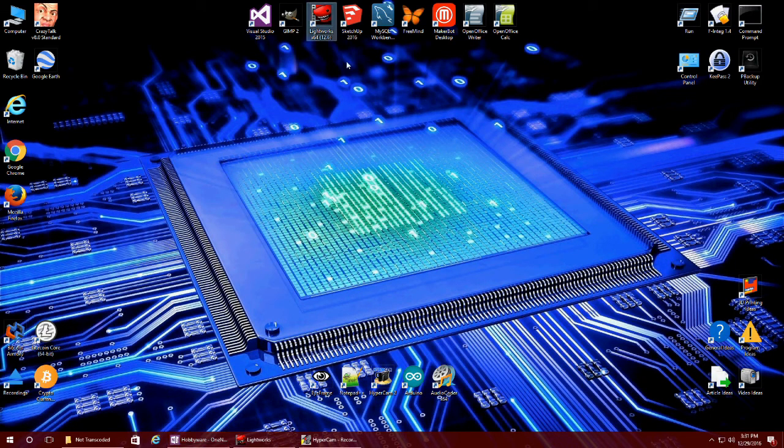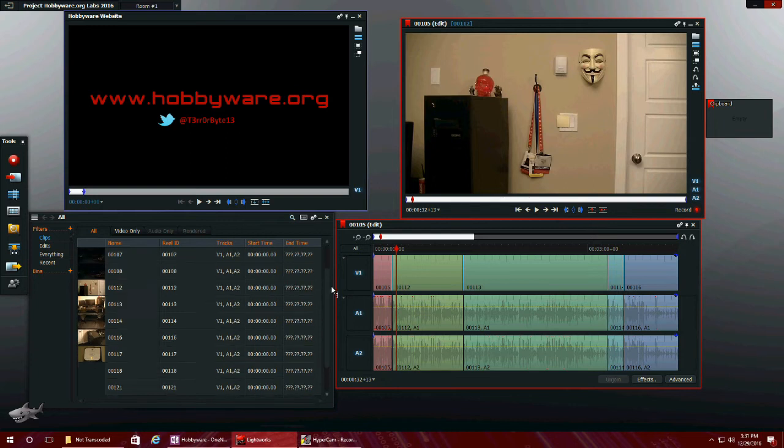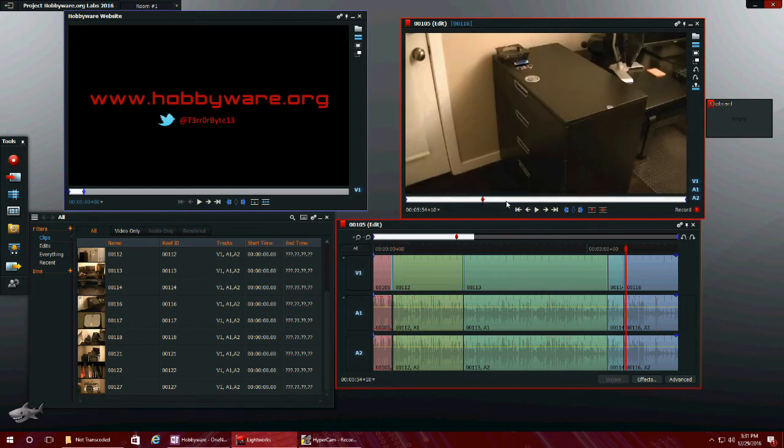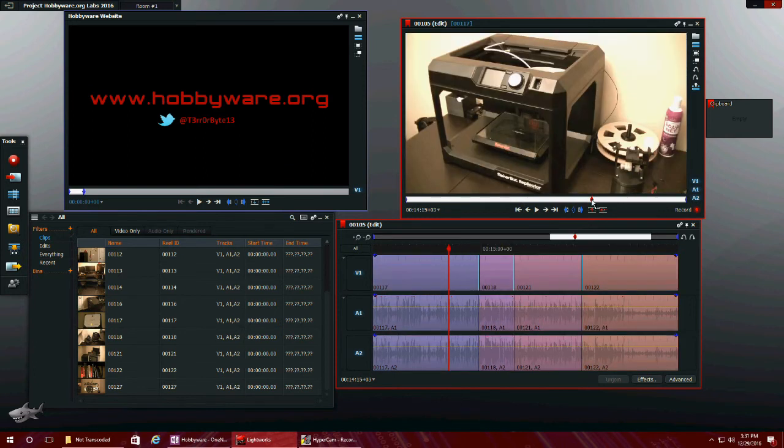Next up is Lightworks. Like SketchUp, it is free and easy to use. It allows you to generate your YouTube videos or any type of video that you may require. It is feature-rich, and there are plenty of tutorials on the internet by the creators of the program that help you use the many features easily. This program works best when used with the iframe video converter to convert your camera videos into a format readable